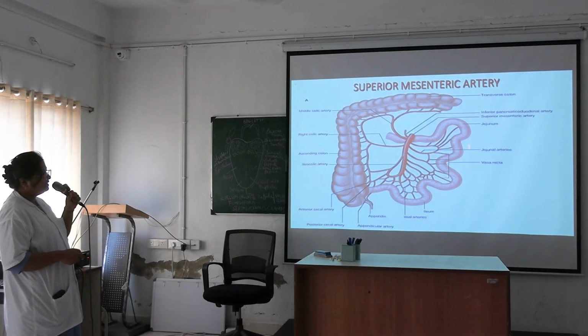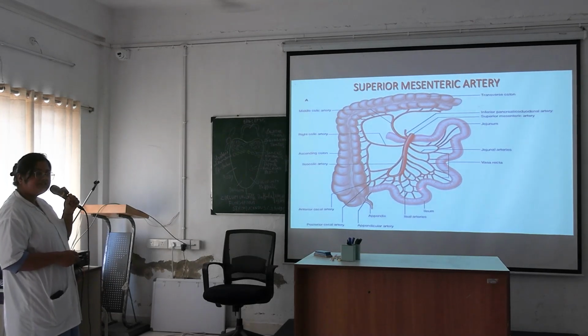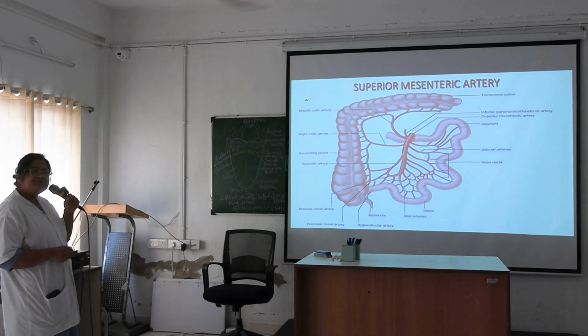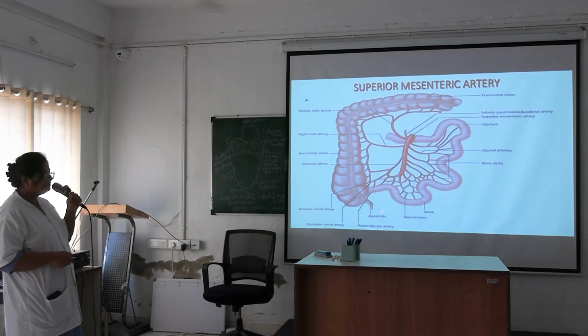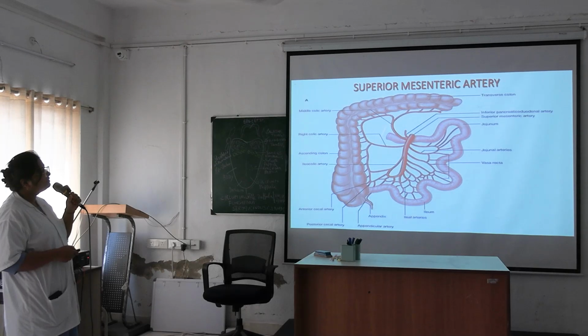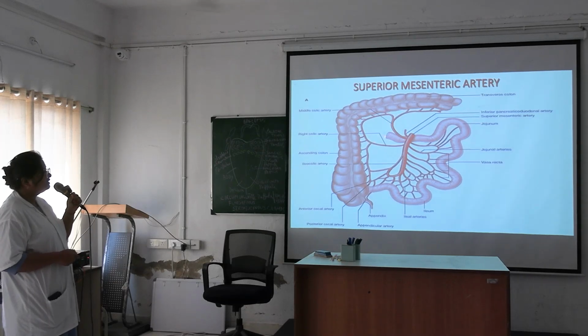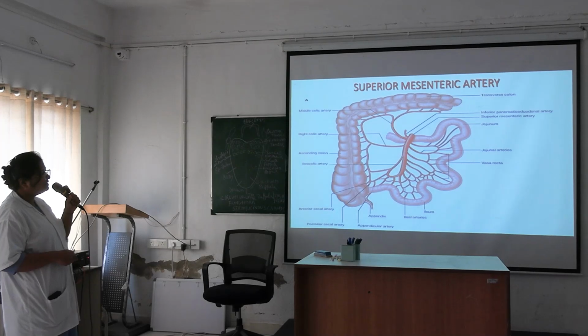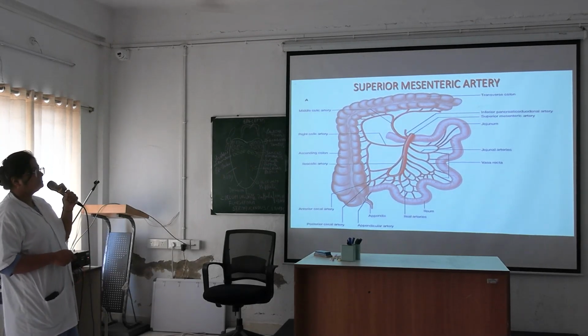Now from the convex side, jejunal and ileal branches supplying the jejunum and ileum, and they are anastomosing with each other, forming arterial arcades. From the arcades, these vasa recta are going to supply the jejunum and ileum. And from the concave side, the colic branches are arising. This is middle colic dividing into right and left branch. This is right colic dividing into ascending and descending branch. This is ileocolic, which is also giving the cecal branches and appendicular branches. So all these are branches of the superior mesenteric artery.